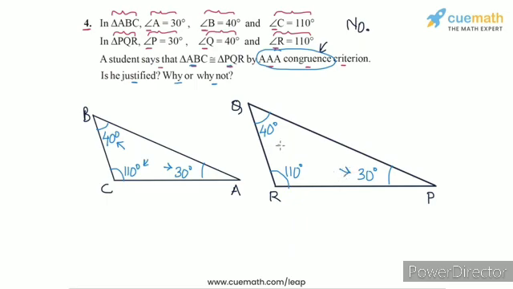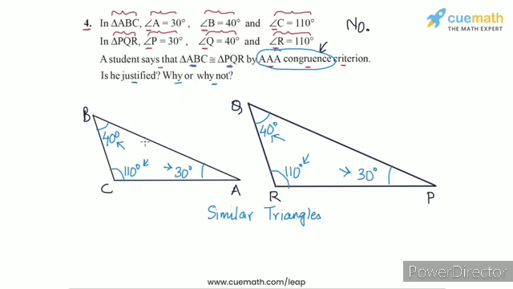So angle P is 30 degrees, angle Q is 40 degrees, and angle R is 110 degrees. So the two triangles have identical shape, but they don't have the same size. If you were to try and superimpose one triangle over the other, you will not be able to do so. In a later grade, you will see that these two triangles are an example of similar triangles, which means that they have the exact same shape.